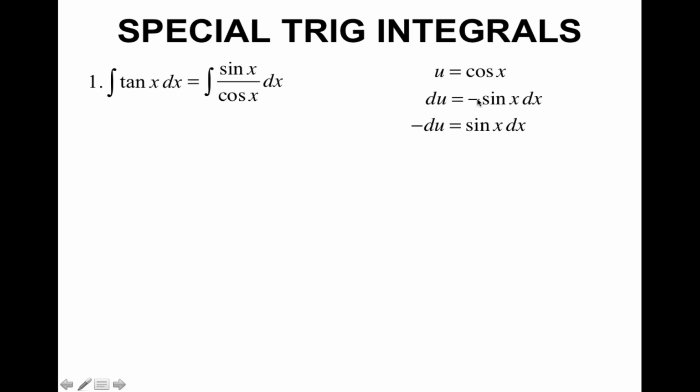Since I have a negative sitting here, I'm going to have to divide both sides by that negative. So when I substitute in for that sine x dx, I'm actually going to substitute in a negative du. After substitution, I get negative times the integral of 1 over u du. Take the antiderivative, which is the natural log of u. I can substitute in u, which is cosine, to get negative natural log of the absolute value of cosine x